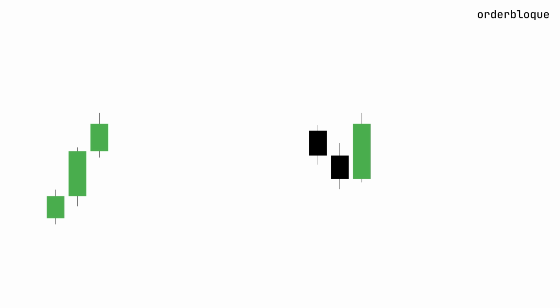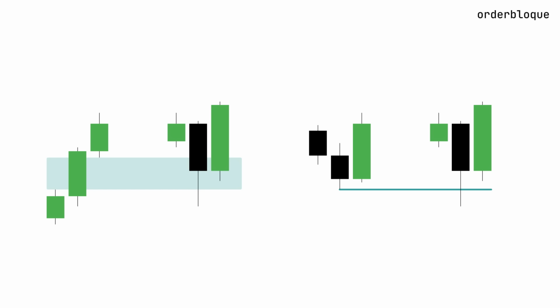The first thing to focus on is the fractal point that forms in the context of a rebalancing fair value gap, or a liquidity raid from older lows or highs. If you're wondering why we are particularly interested in these zones and not considering rejection blocks or order blocks, the reason is that these areas can inject the most liquidity into the market. This means the price is expected to receive an impulsive reaction.